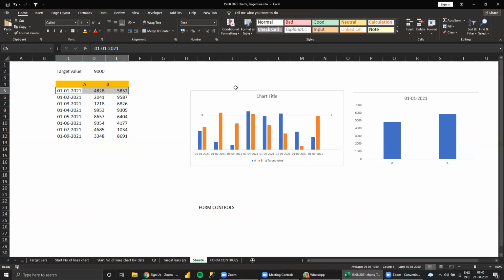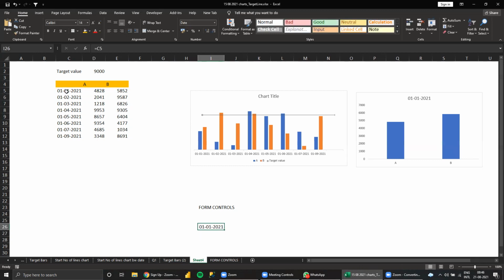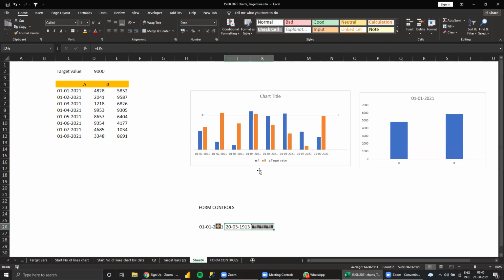Now based on the date, I need to get the chart here. So instead of selecting this normally, I'll show it separately. I can get this here. Like this I keep it separately.